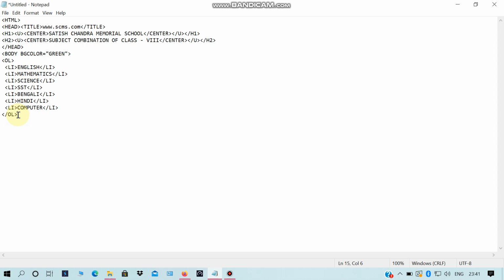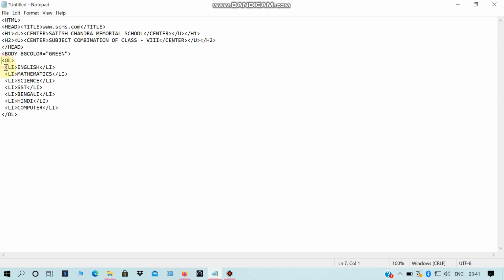Students, again I am telling you that when you are adding the items of the list within the OL tag, you need to use first of all the li tag, and after that you write the name of your item and then close it with the ending tag of li. The same fashion will be applied to add the afterwards items. When your items are finished, you give the ending tag of OL and then the entire tag will be done.